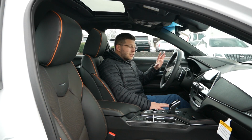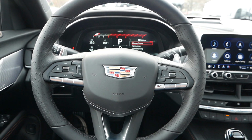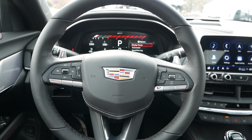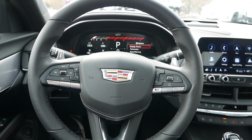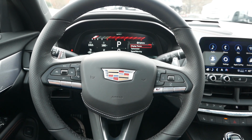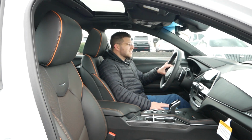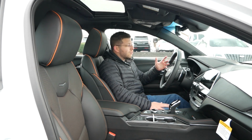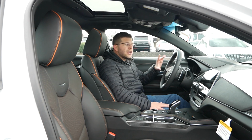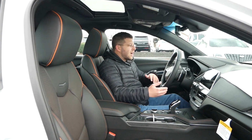And to me, this might be a bit blasphemous, depending on how you look at it, but I think when it comes to quality, resolution, and graphics, this is what we expect to see in the Corvette. I think the Corvette model has very high quality digital gauges, and that's exactly what I'm experiencing here with the CT4-V series. And I have to say, it gives me a lot of confidence and a lot of enthusiasm moving forward for this brand,